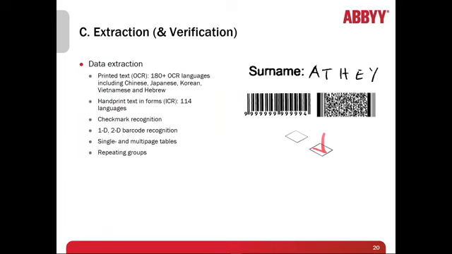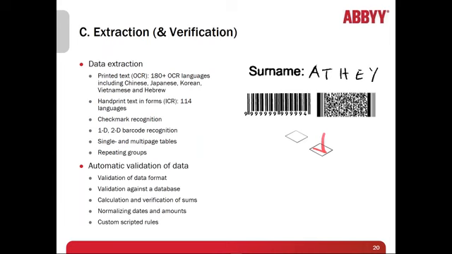A verification phase is going to be next. I'm going to first mention the data extraction. We can extract pretty much any type of data off of the document. Things like barcodes are very common. Text, check marks, things like handwritten values. We have table extraction where we can look for a tabular formatted document, and that's something that works very well.